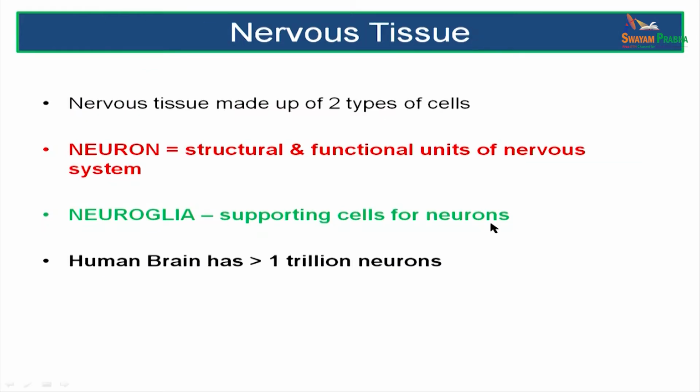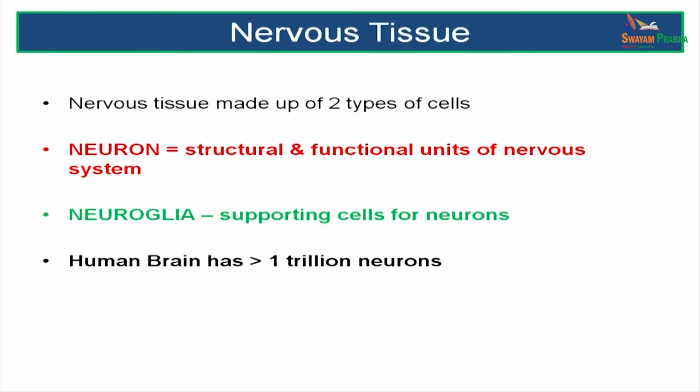Nervous tissue is made up of two types of cells. There is a neuron and the neuroglia. You have to think of the neuron sitting on a chair. So, a neuron is sitting on a chair and it is being supported by the neuroglia. The neuroglia, being the chair, insulate the neuron, support it, protect it and also help in conduction of the neuron.